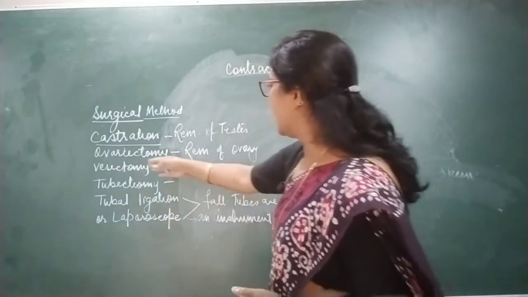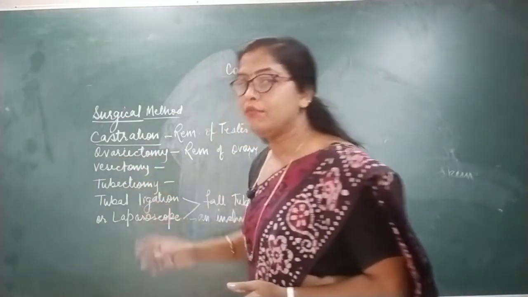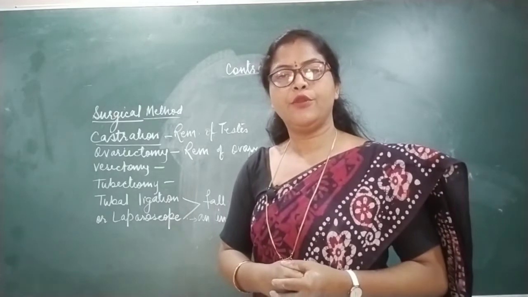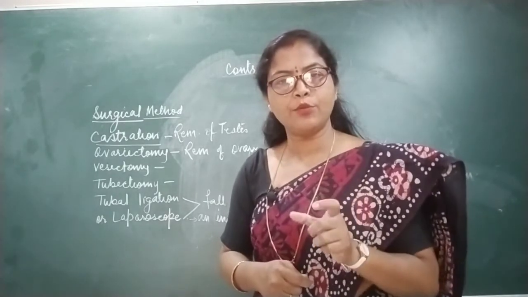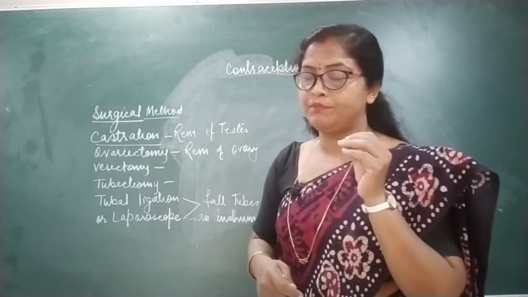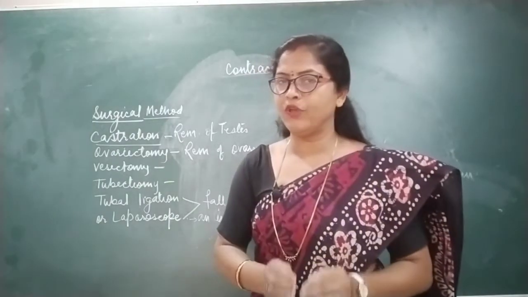The second one is ovariectomy. What is written? Ovariectomy means removal of ovaries from the female reproductive part. Ovary is the female reproductive part. So the removal of ovary also is one of the permanent methods of stopping pregnancy, because we know well the egg gets matured